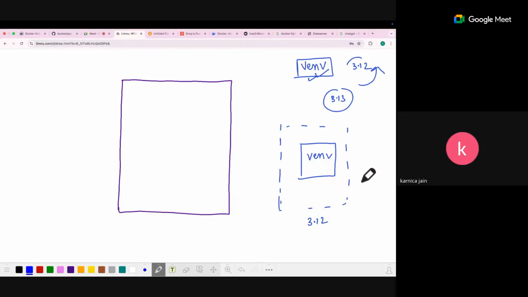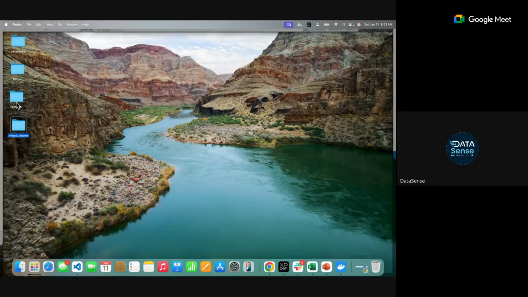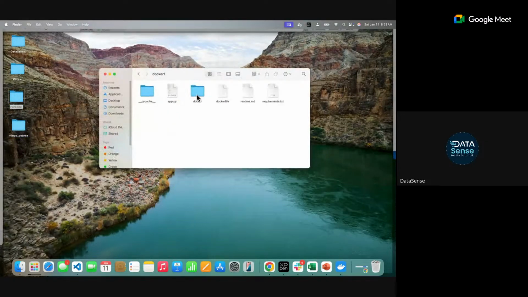My question is something else. I understand what you are saying, but I'm just asking: I have made a virtual environment on my system, so is it transferable to someone else's? Yes, it is transferable. What is a virtual environment? It's just a folder only, right? For example, this is my virtual environment, Docker. These are just some files only. So you can transfer those files. It's just a fancy name given, but these are just files.